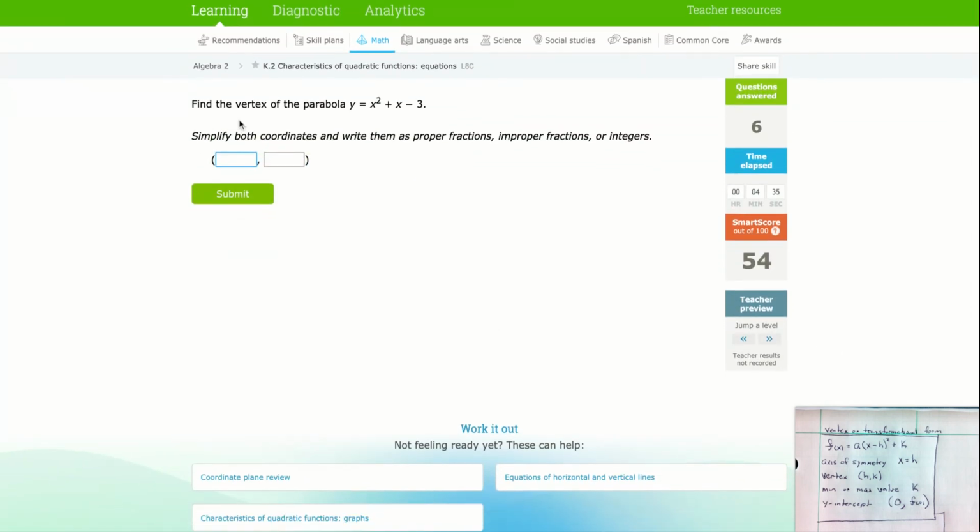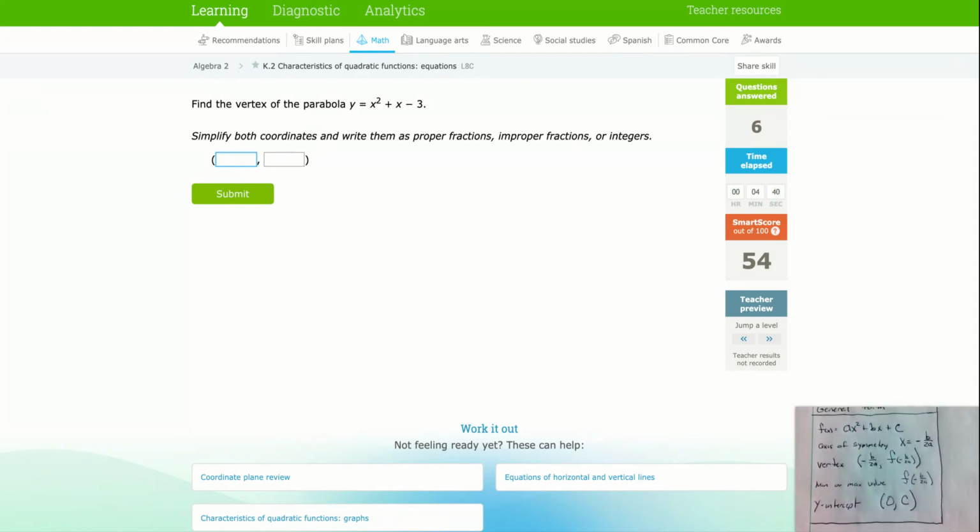And here's a little bit different one. Find the vertex of this one. Again, I'm going to go down to the general form. So the first thing I'm going to do is find my axis of symmetry. So what I'm going to do is take a negative b. Now my b value is 1. So I'm going to do -1 over 2 times 1,